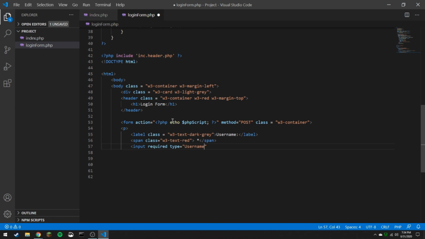Okay. Username placeholder equals username, value equals